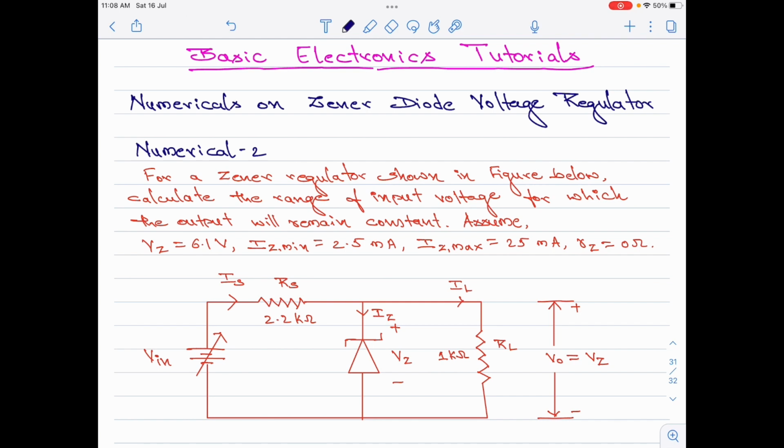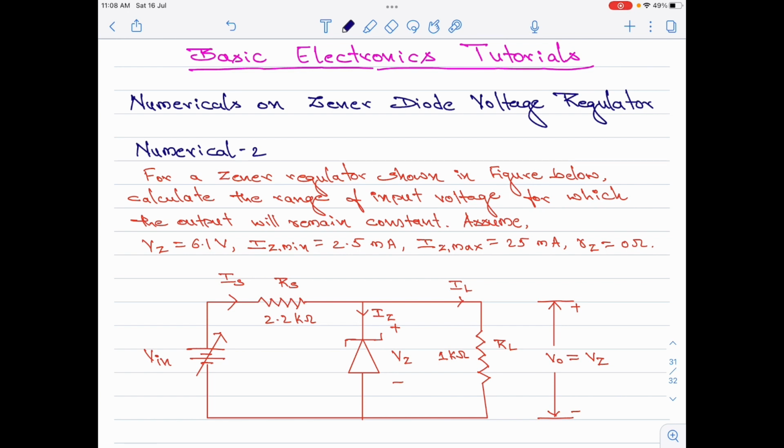In this video, I am going to take up the second numerical on Zener Diode voltage regulator. Let me read out the question first. For a Zener regulator shown in figure below, calculate the range of input voltage for which the output will remain constant. Assume Vz is equal to 6.1 volt, Iz minimum is 2.5 milliamperes, Iz maximum is 25 milliamperes and Rz